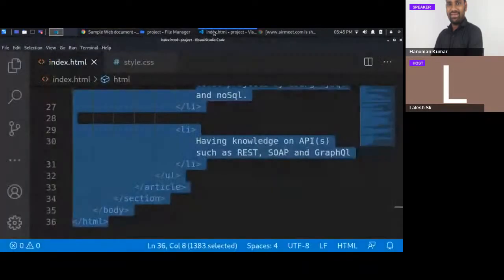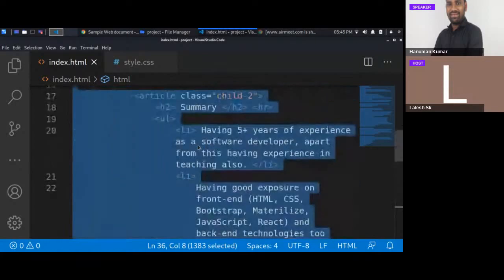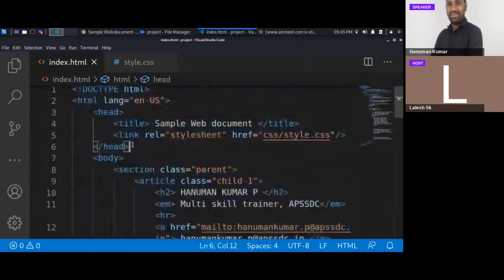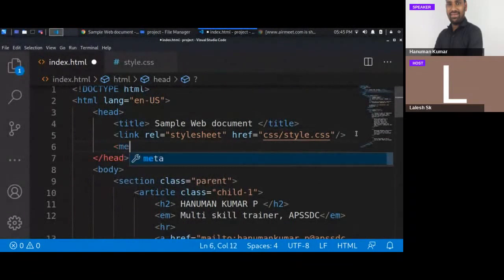Now it's time to design layouts for various screen resolutions such as mobiles, tablets, and desktops. So let me show you how to implement that. For implementing that, we have to mention a meta element in the HTML document, in the head part. So that is meta. For meta, we have to use two attributes. First one is name. Meta name equals viewport,